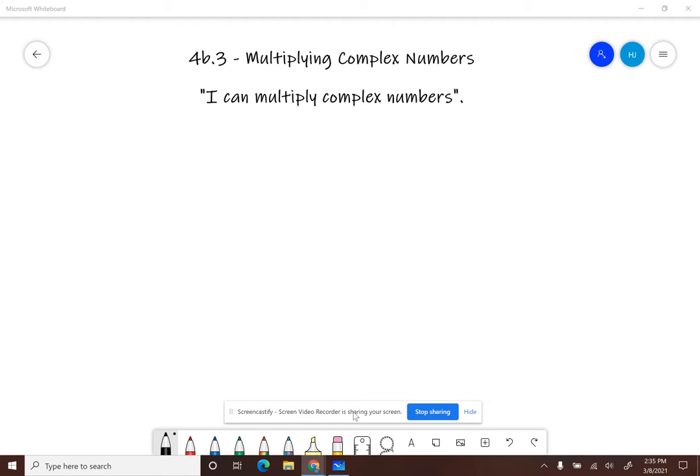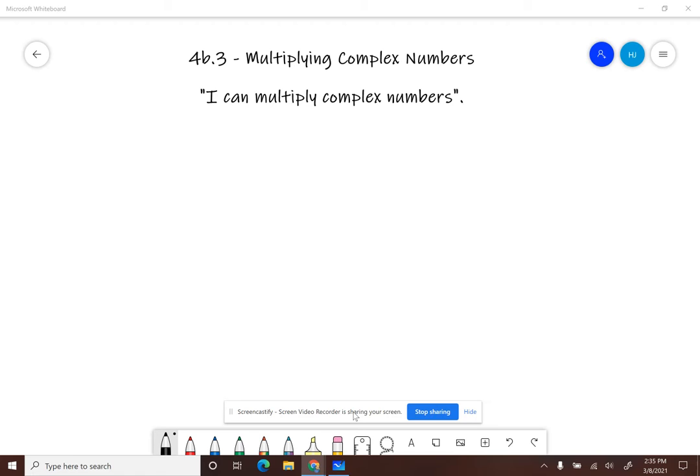All right, we're moving on to 4b.3, which is multiplying complex numbers. Again, our mission is I can multiply complex numbers. Should be an easy progression, right? We already talked about addition and subtraction, so now it makes sense that we would move on to multiplying complex